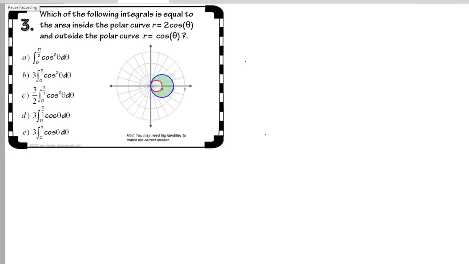So remember that our formula is A equals 1/2, integral from alpha to beta of R of our outer